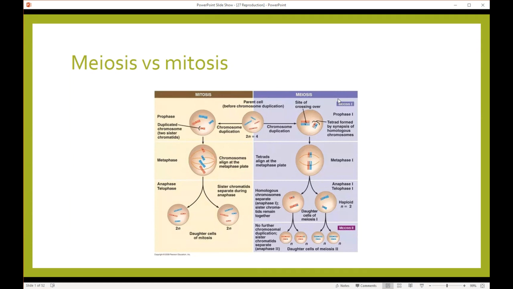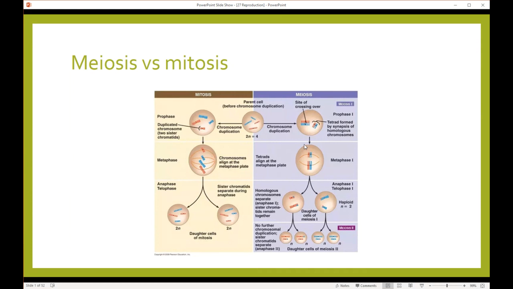Okay, and then we have 2 phases of meiosis. We have what is called meiosis 1 and meiosis 2. Okay, now meiosis 1 is very similar to mitosis. Okay, so we have prophase. We're going to line up what are called homologous chromosomes. Then we're going to line up along the middle during metaphase. Okay, now what we do have is when we sort of line up these homologous chromosomes is that we can